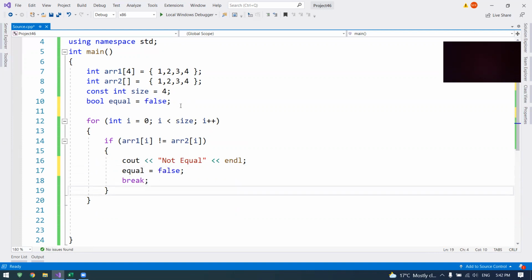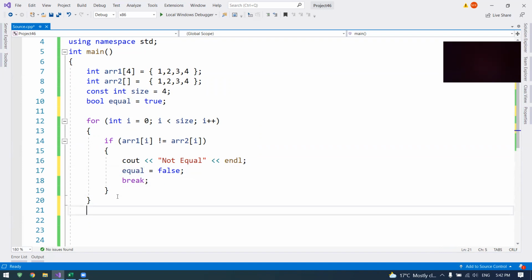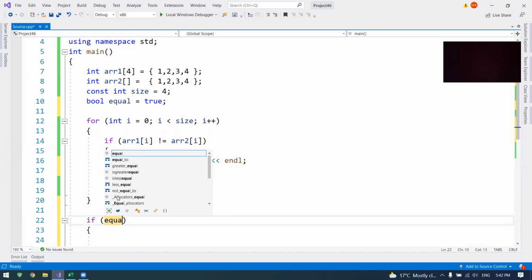And here I make this true, because I'm supposing the two arrays are equal right now. So whenever they are not equal, I will say not equal, and I will make the Boolean false, and I break it. So here, after execution, not to make everything repeated, I will check that Boolean, which is equal,